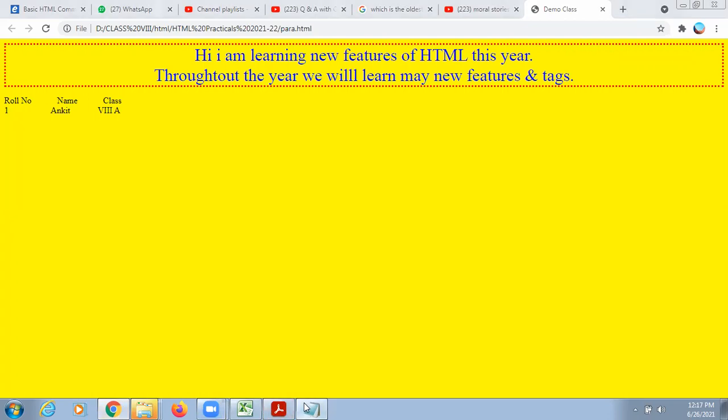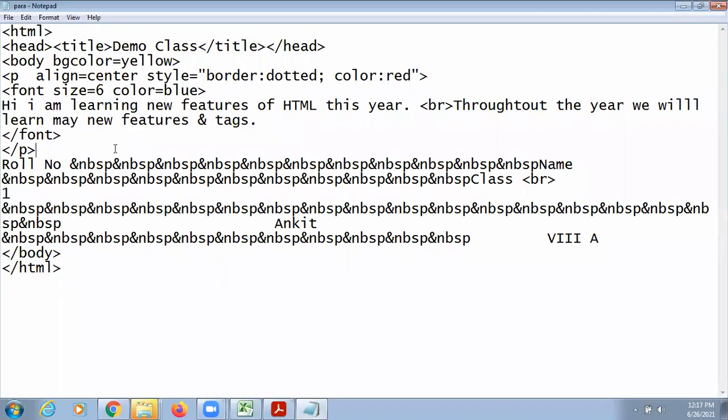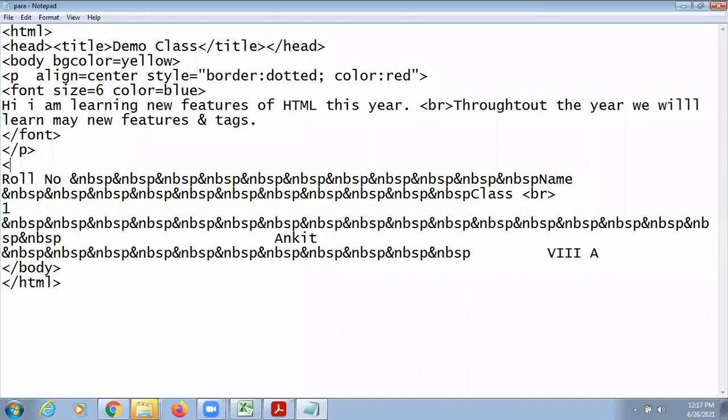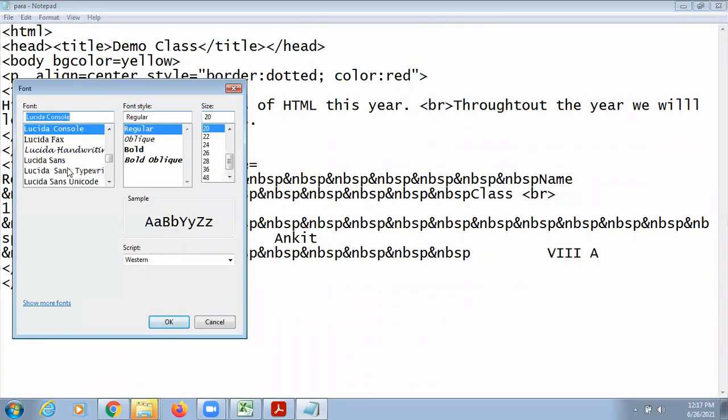I am going to increase the font size now of this text. So again, I'm going to open the font tag. Font tag is having three different attributes. One is size. Size I'm giving 5. Color I'm giving green. And one is face. Face means the writing style. So writing style I'm going to copy it from here. Otherwise you may make spelling mistake.